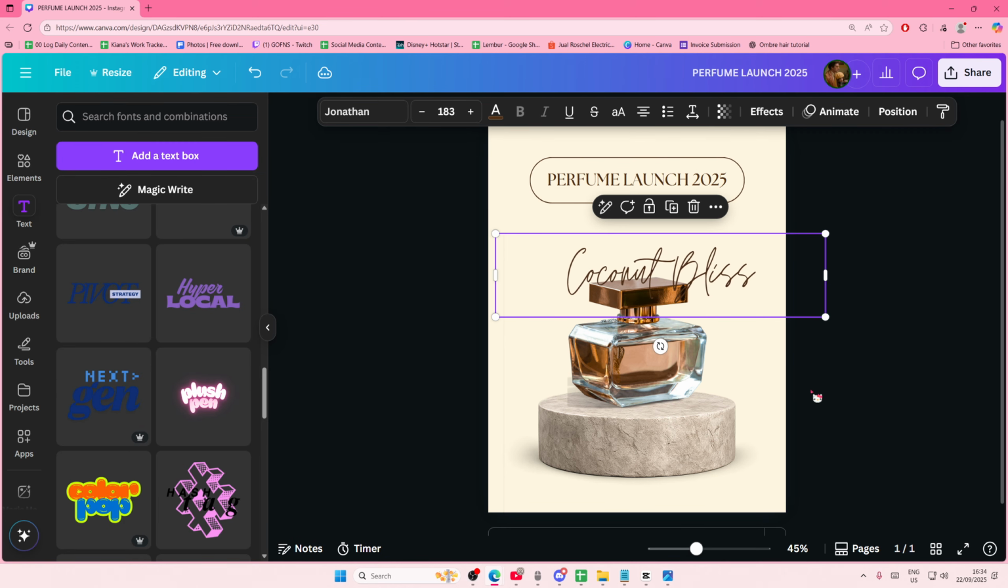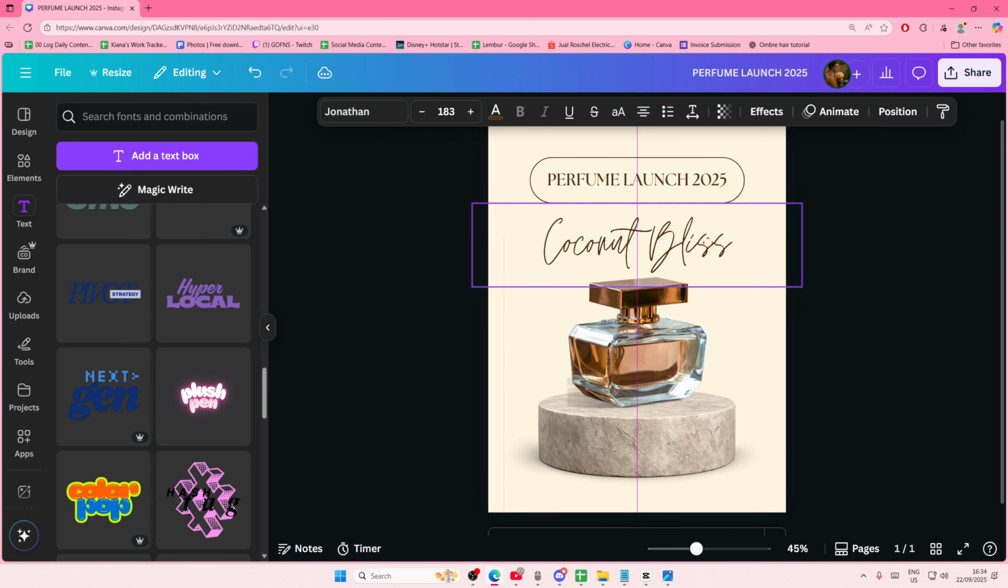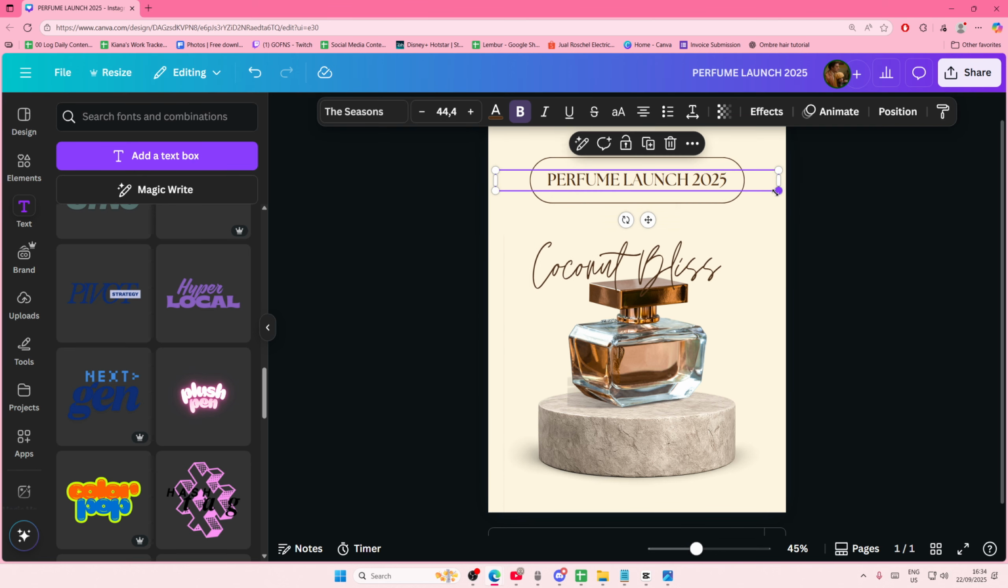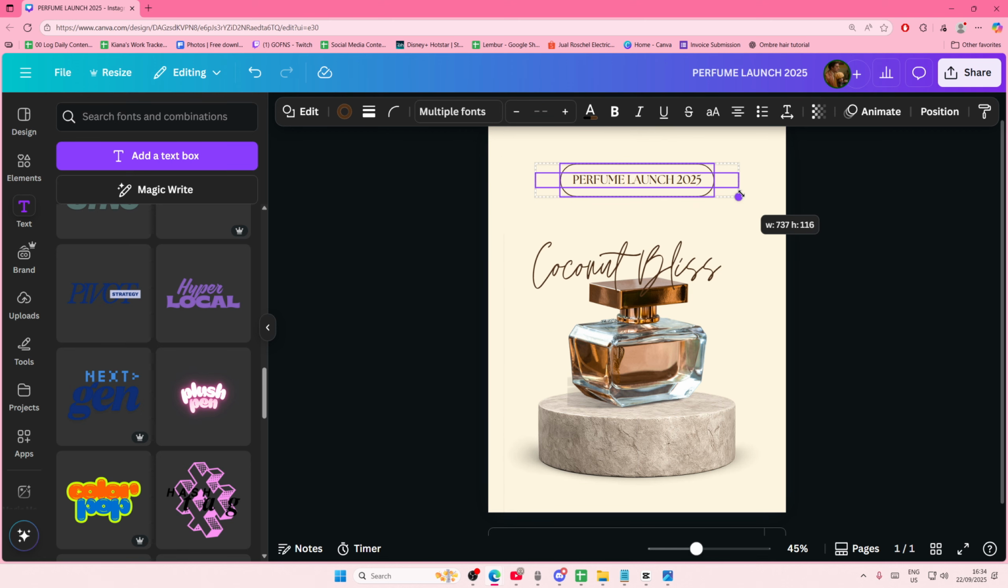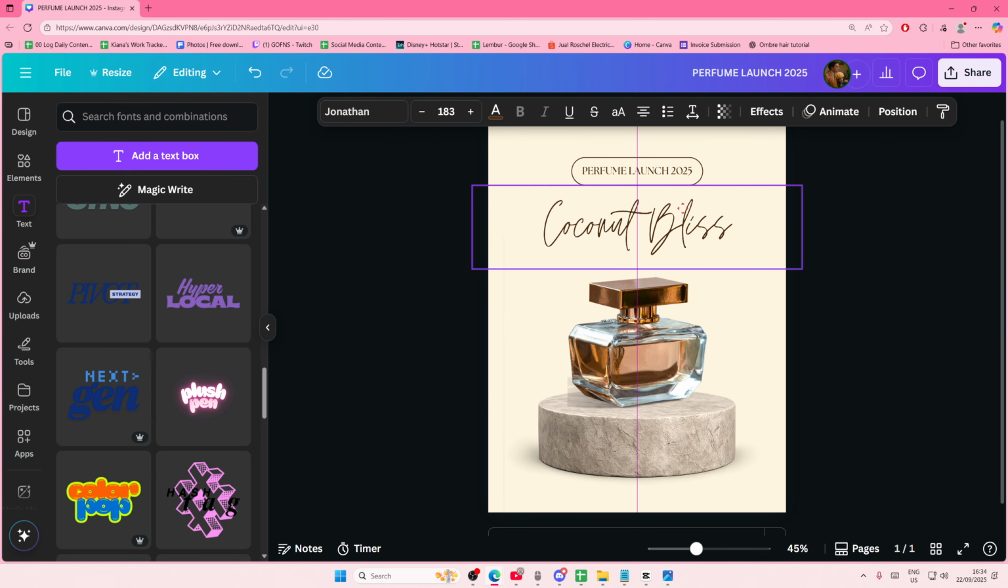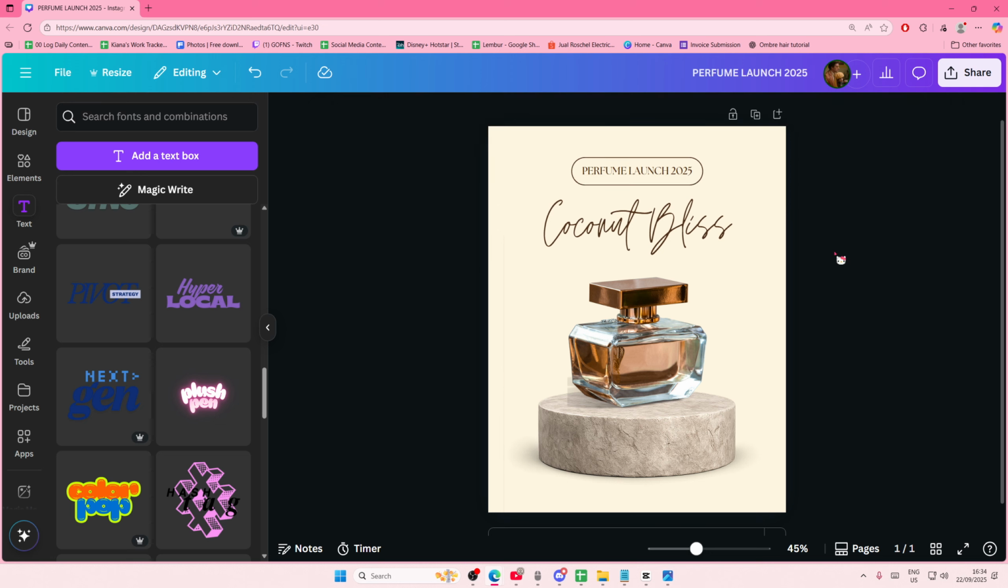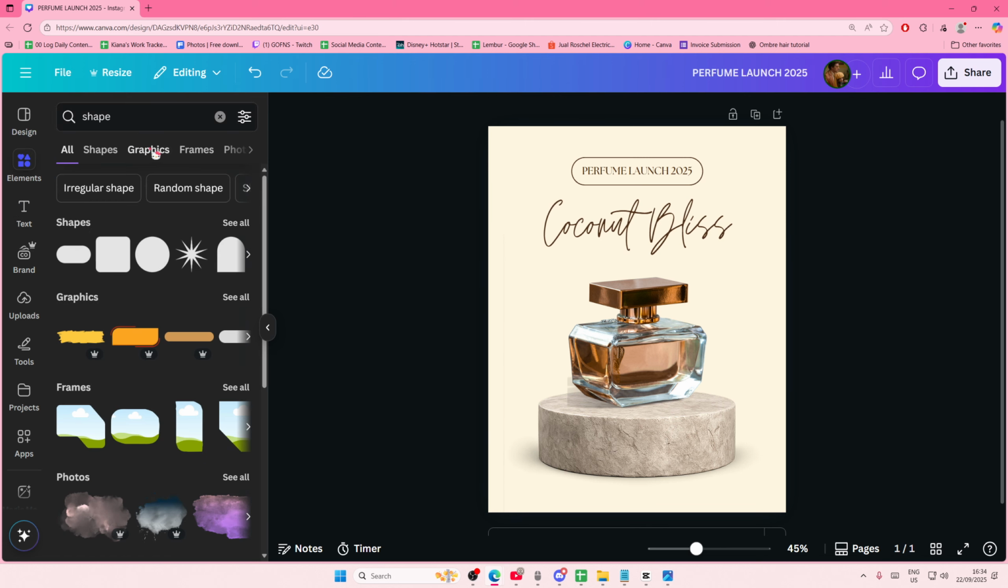I'm just going to make it a lot bigger so you can see the text. I think I might make this perfume launch a little bit smaller, actually, probably this small here. And then I'll make the name of the perfume a little bit bigger. You can describe the perfume here as well. And I think I'm just going to add some